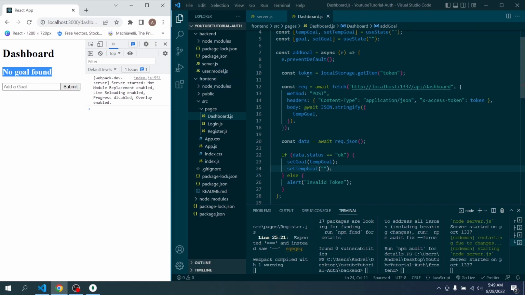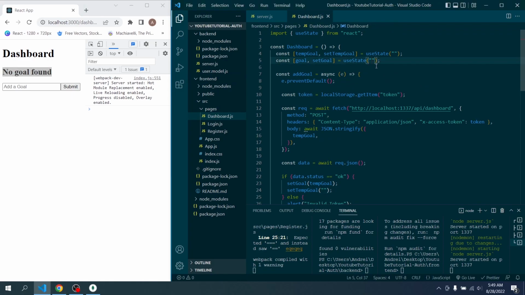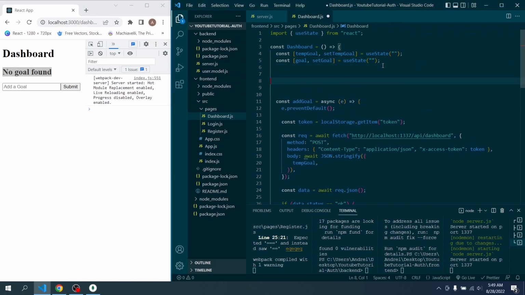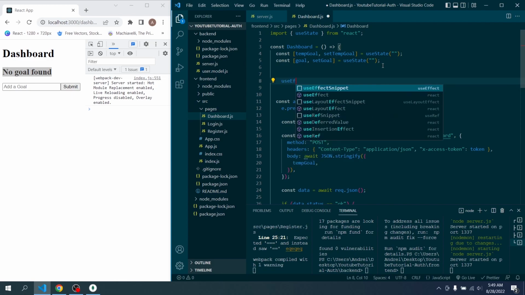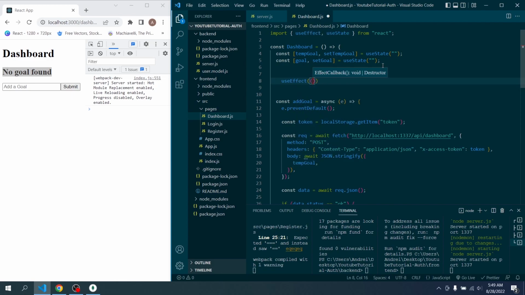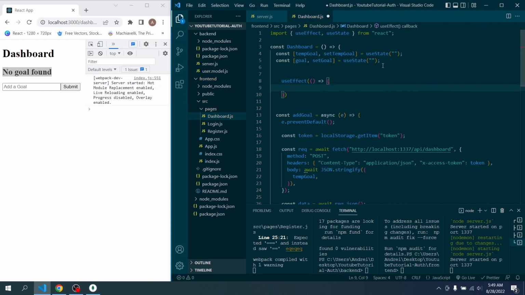To do this, we'll need to use a useEffect hook. So let's say useEffect, an arrow function. Make sure you import the useEffect from React. And then what do we want to do inside the useEffect? We want to check if we have a token first, and then if the token is okay, we want to populate the dashboard. So let's say const is token valid